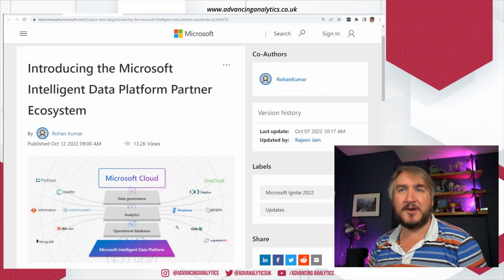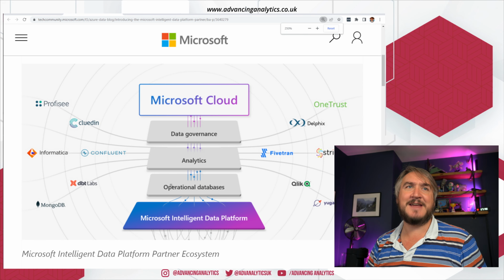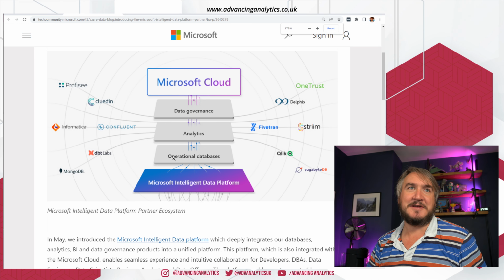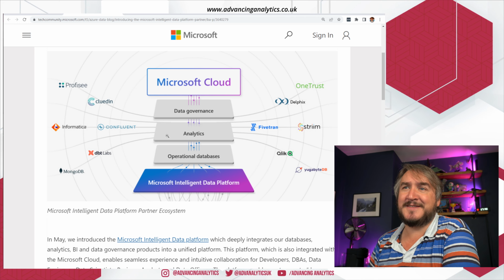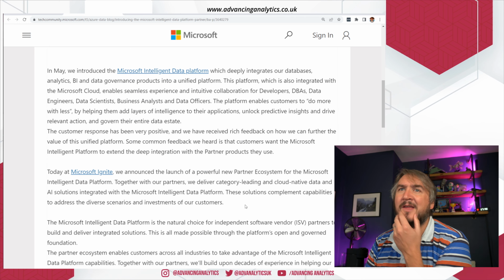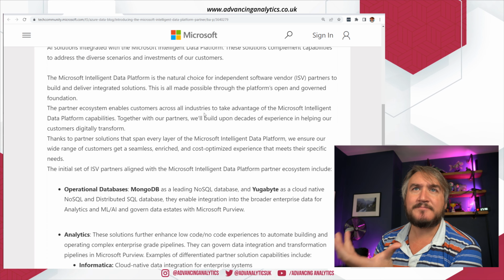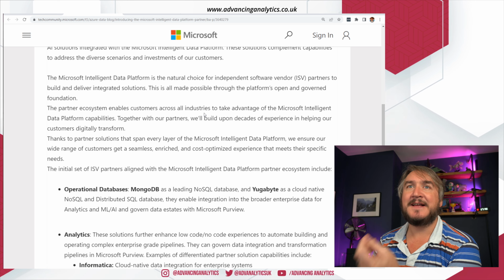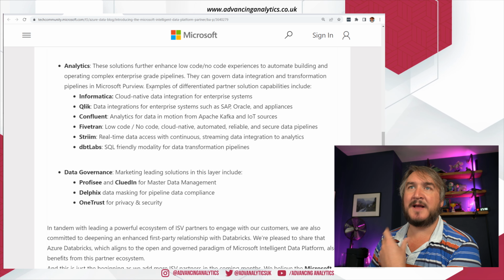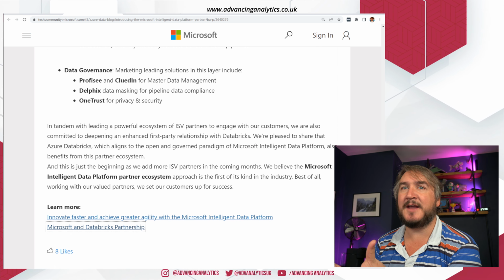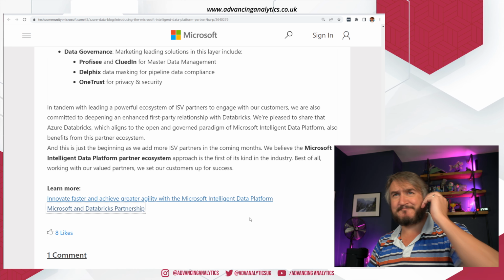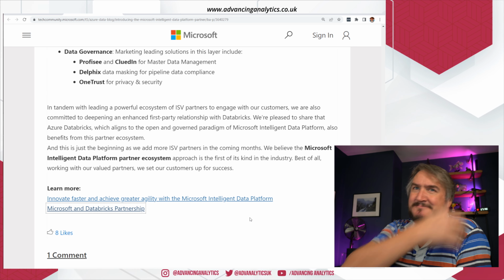So go with two things. Firstly, looking at this new partner ecosystem, you'll have seen this image thrown around all over the place, which is essentially showing those various partners that are now part of the ecosystem. I was having a bit of a look through here. So it's all talking about how you build these various additional vendors into it. It talks about these various tools that are now part of it. Doesn't really tell you how that happens.